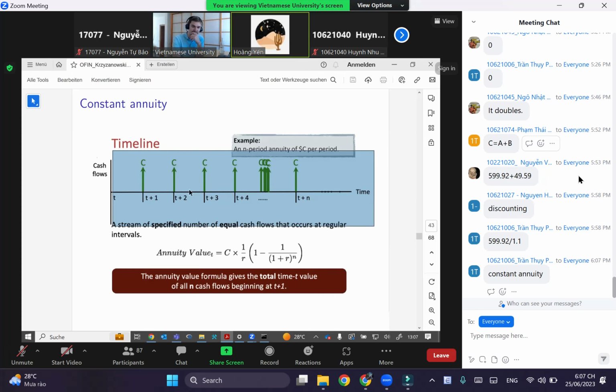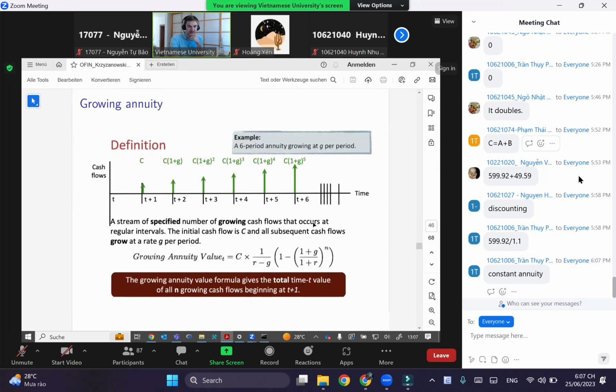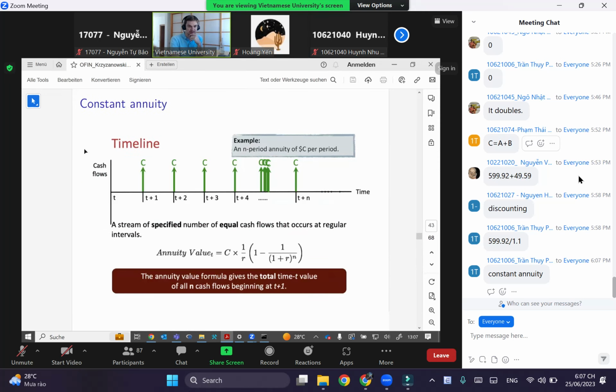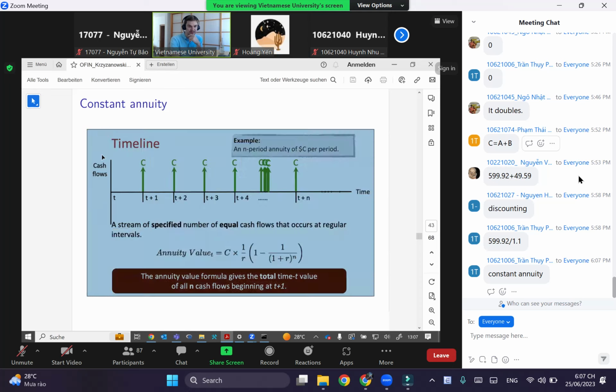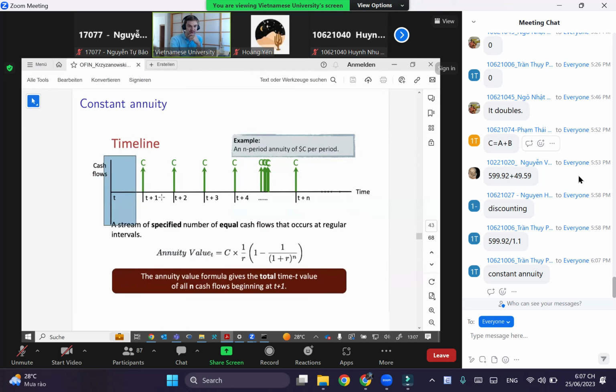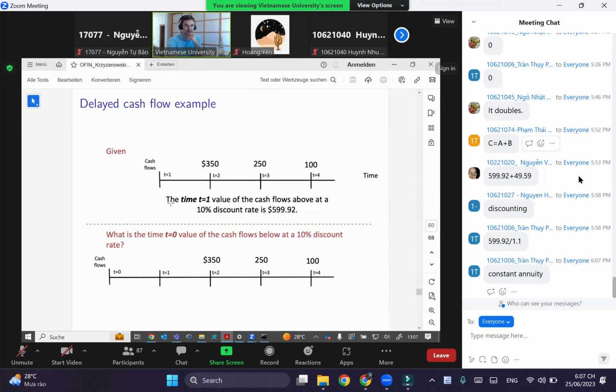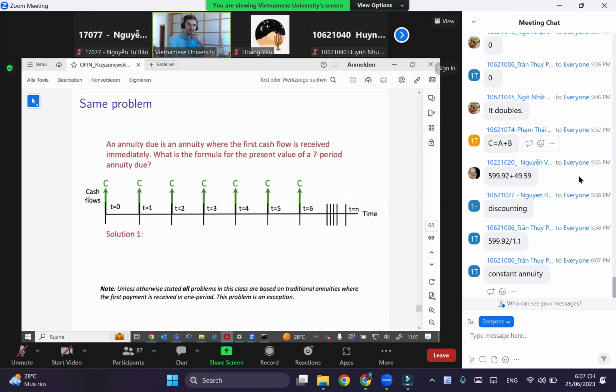At period 0, there is cash flow in the later timeline. Exactly, so that's the difference. So I will go back here to the constant annuity. There was no payment at time t, whilst here in this example we have the constant payment at time t. And the law of one price, without going into the calculations now, I think we've done enough today, states that